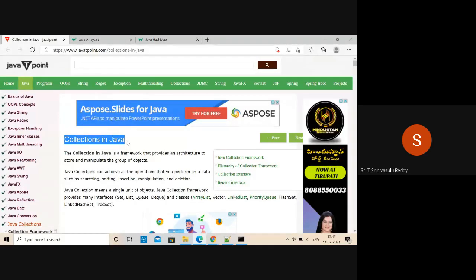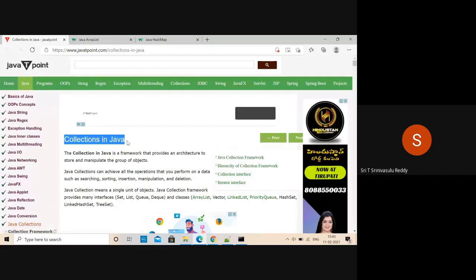So collections here in Java means you can store multiple values into such kinds of classes. Array is a kind of collection. It's not truly, but you can store many values into an array. That's why you can call it a type of collection. But the array restriction is that its size cannot grow, cannot shrink, cannot change. And items can be accessed from an array only by using an index.